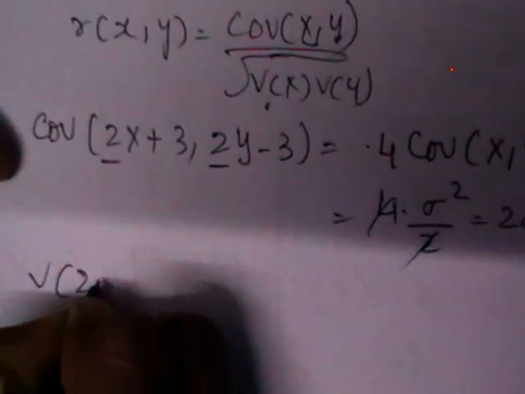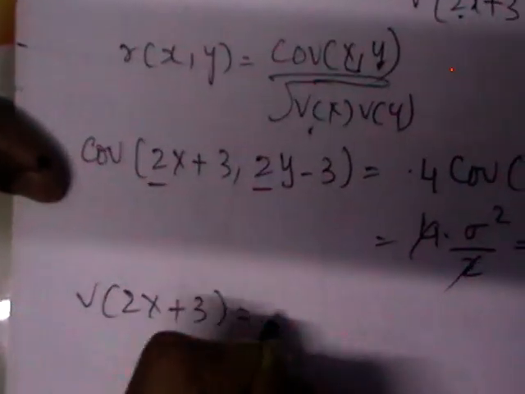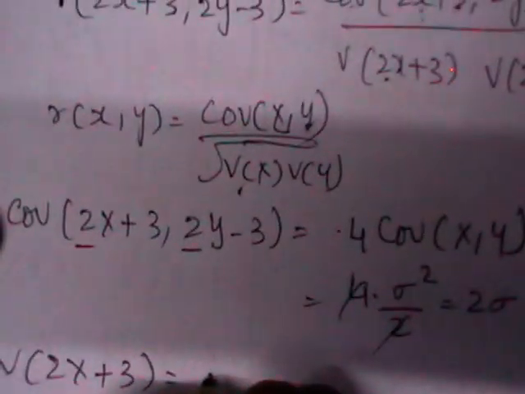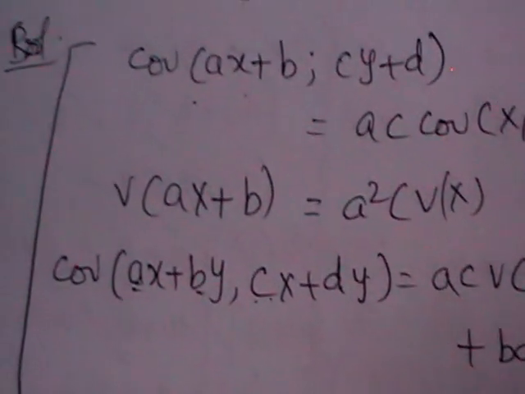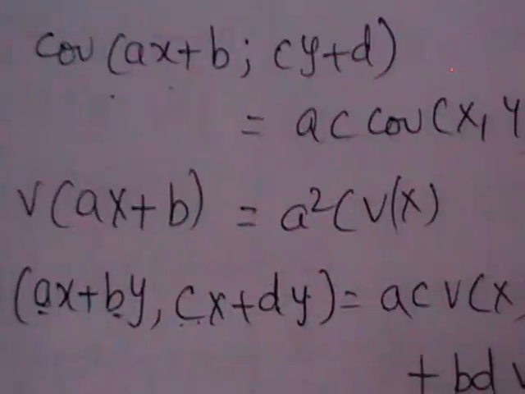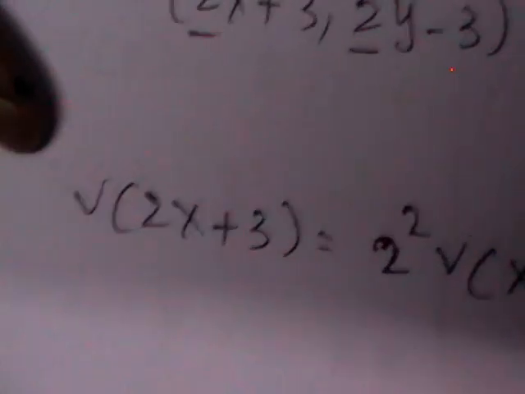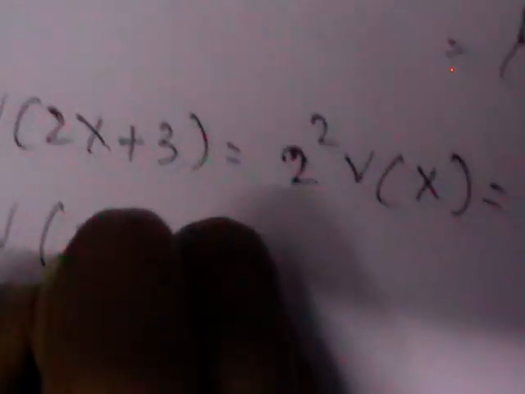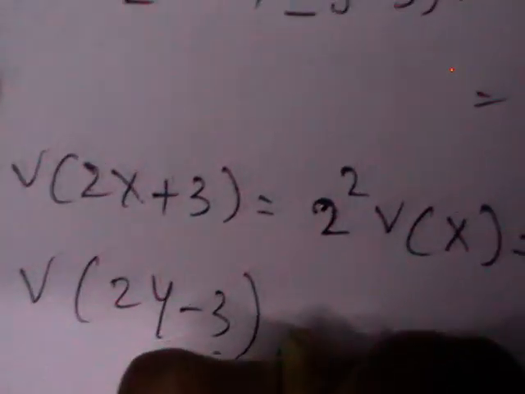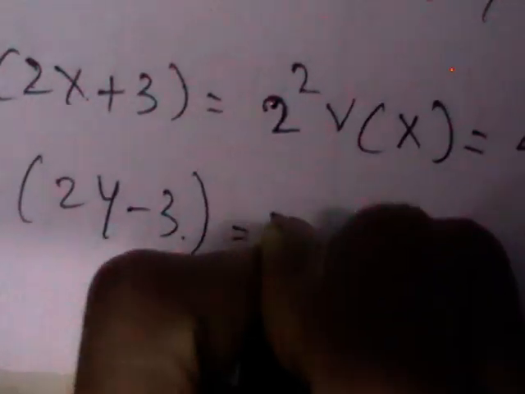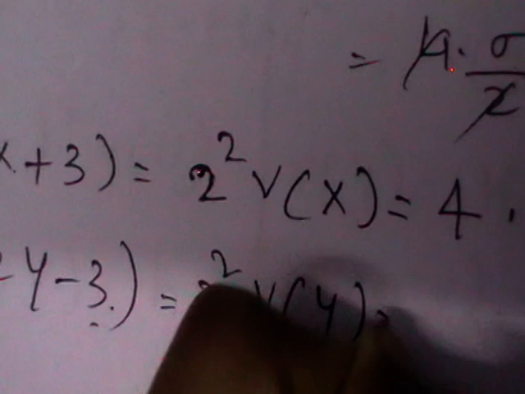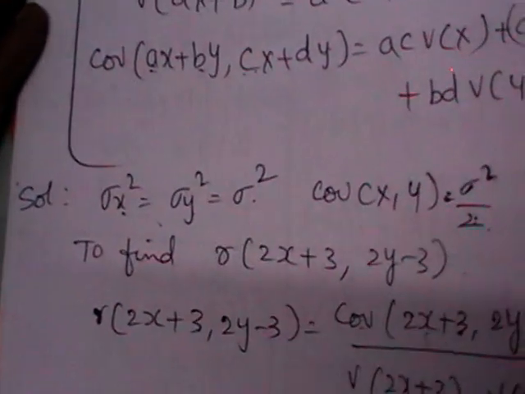Let us come to the denominator, variance of 2x plus 3. Variance of ax plus b, where you know that variance of a constant is 0. When a constant is taken out of the variance, it will be squared. 2 square variance of x, 4 into sigma square. What is then variance of 2y minus 3? It is also similar. It's a constant. Its variance will be 0. 2 square variance of y, 4 into sigma square. Since variance of x is sigma square and variance of y is sigma square, I have